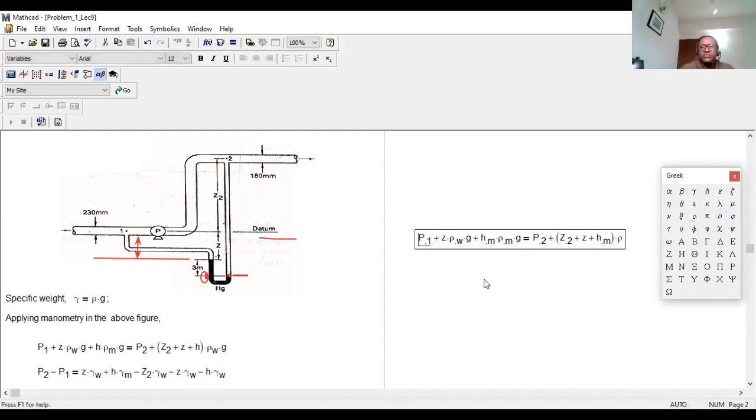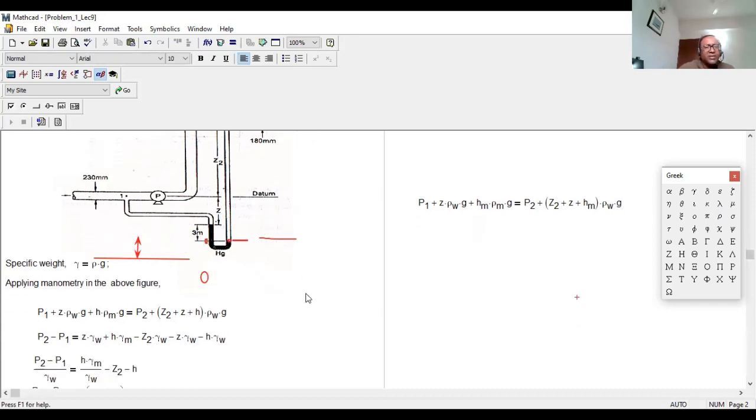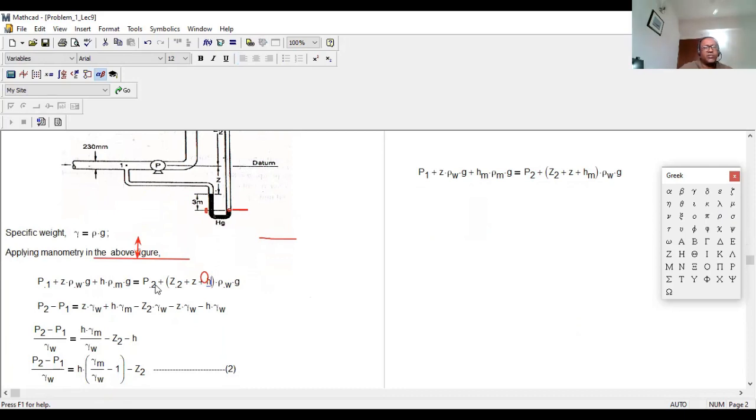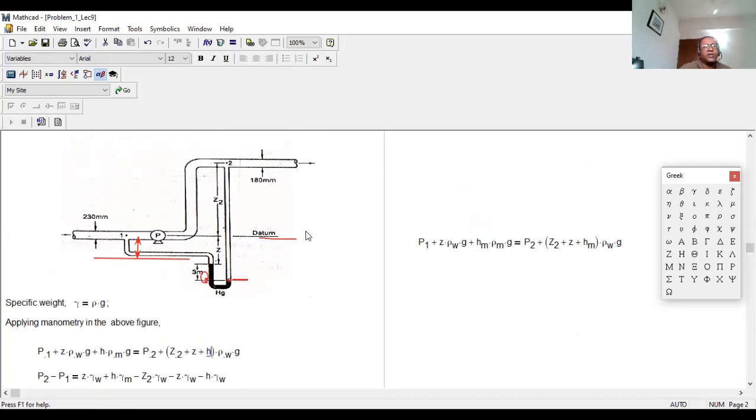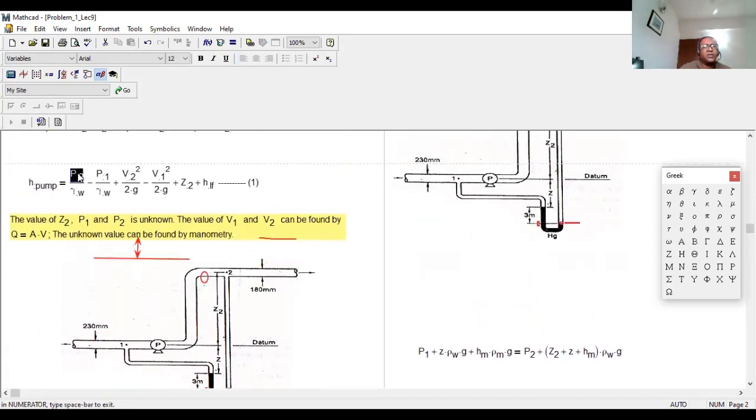So rho of water into G. Same thing we did over here. Instead of ASM, I just put H over here. Okay, then you simplify. From here you figure out P1 minus P2 minus P1. That means you need to figure out this value, P2 minus P1 divided by gamma W. So after you simplify